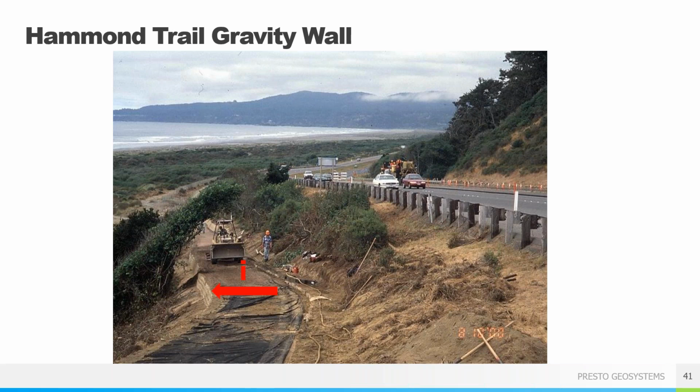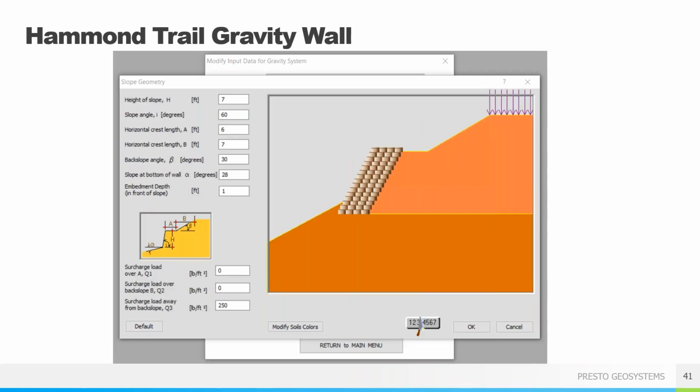It gives you all the different types of measurements here. It's going to give you the front fascia. It's going to give you the back slope angle, the length, which is A. That's the distance between the face of the wall and the back slope. Then we have B, which is the length of the back slope, if applicable. So you basically just need something from the edge to the road. Sometimes you'll have a toe slope below where the wall is installed, which is shown as that alpha here. May not always be in the wall. So you just click OK. Now we know all the variables, and we are ready to go forward with the program.